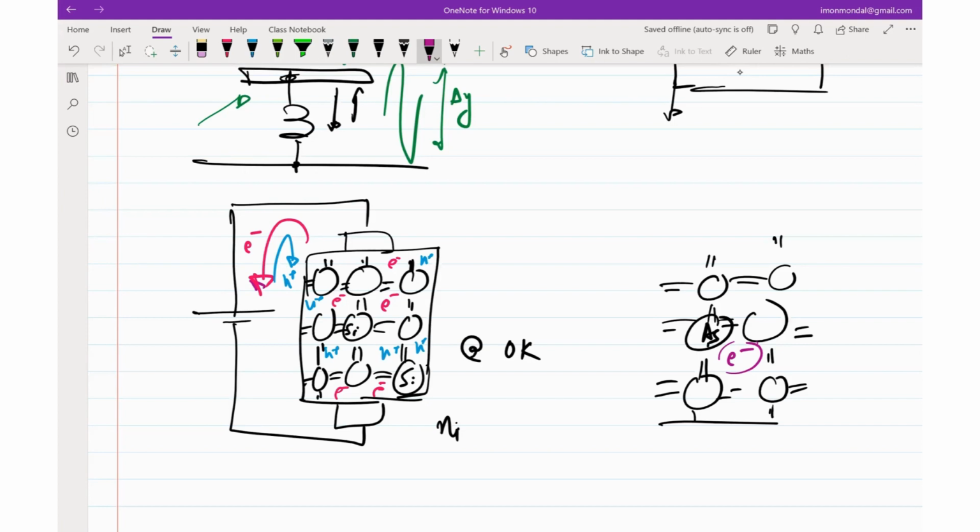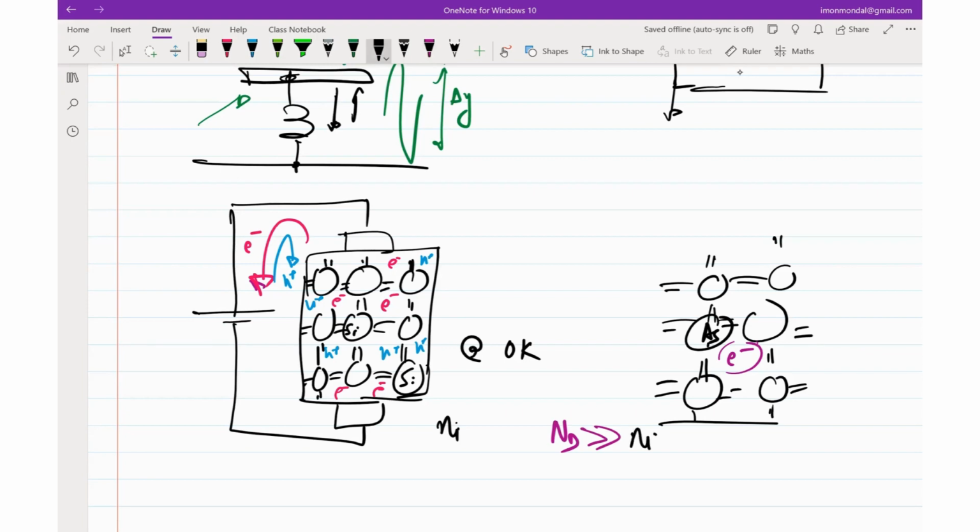So for all practical purposes, you can assume that if you dope your silicon with, let's say, arsenic, then almost all the arsenic atoms will contribute an extra electron, because at room temperature almost all of them will lose that extra electron. So if you dope this arsenic atom with a concentration, say we call this ND, D means donor because it's donating an electron. So if the concentration is ND, and let's assume we have doped in such a way that ND is much, much greater than Ni,